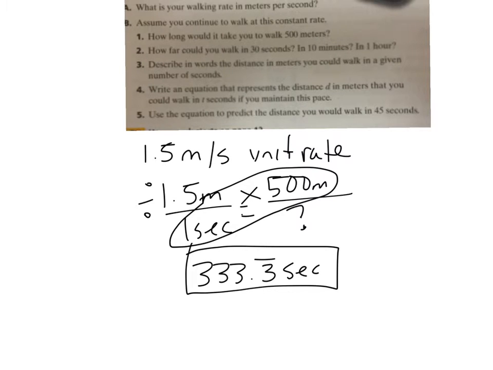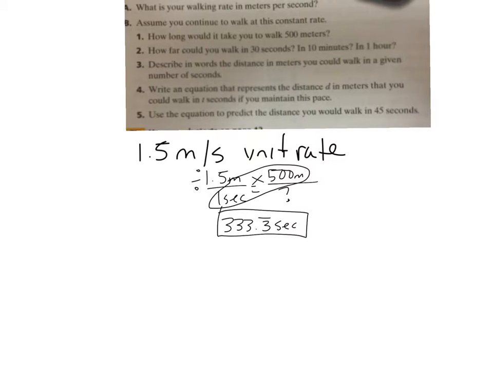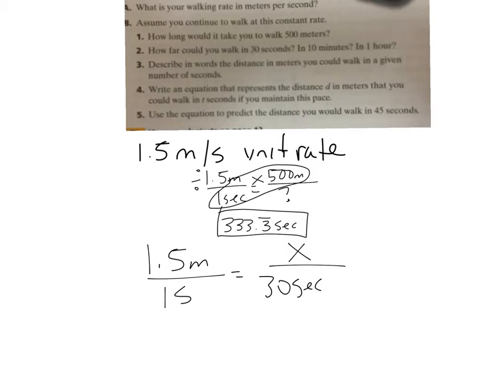When you're looking at number two, you're still going to use your base 1.5 unit rate, but in this case you're going to say how far can you walk in 30 seconds. So again, you set up another proportion, 1.5 meters per second equals, and now you're having 30 seconds down here, and you're trying to find out how many meters you walk. So in this case, you're going to cross multiply right here, 30 times 1.5, okay, and you're going to get 45